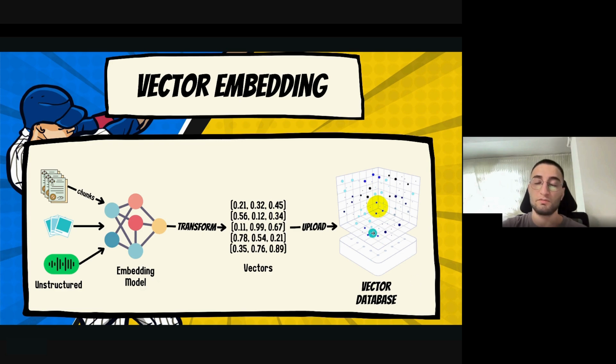There are different vector databases. One is from Postgres, called PG Vector. One is called SQLite Vec, which is a plugin for the SQLite database. And this is how you can get vector embeddings of your data, unstructured and structured data.